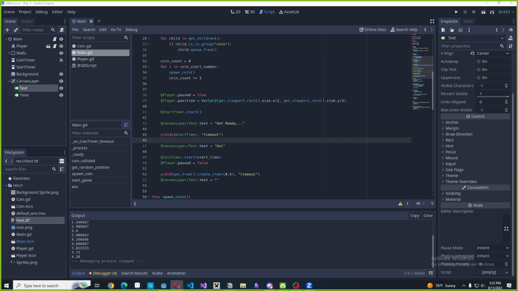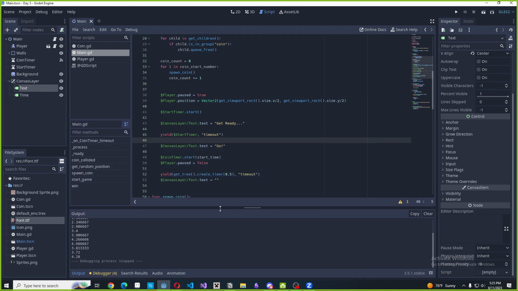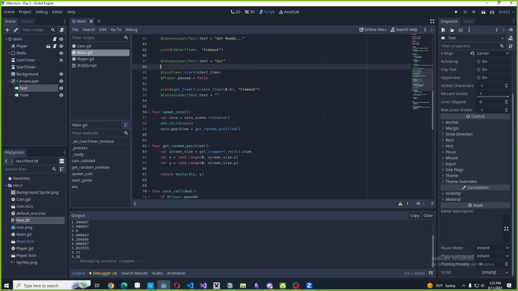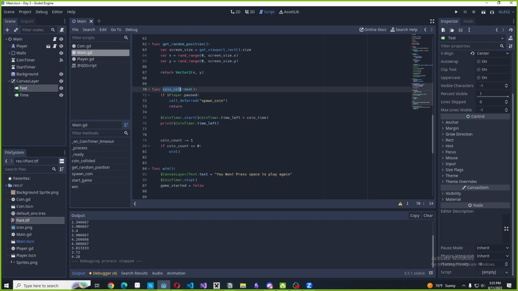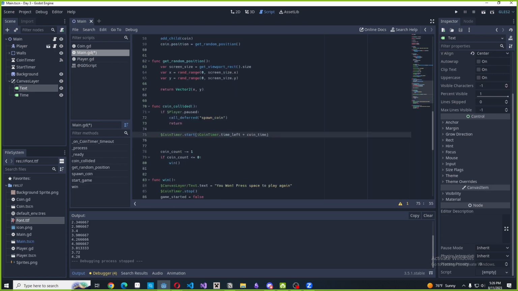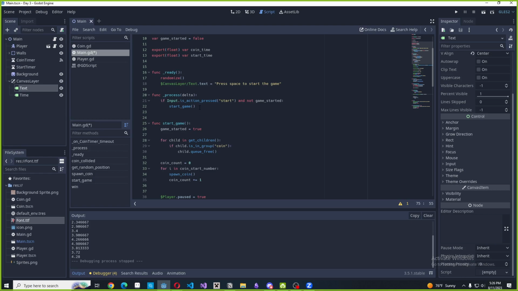So that works right. Now let's make the time label work. Because right now we can't see the time in the game, it's in the output log. Right? That's not so desirable. So what we're gonna do is start off, let's go to this coin collided function, and we're gonna delete this line of code where it's printing the time left. And instead, we're gonna print how much time is left every frame. So inside the process function, we are going to